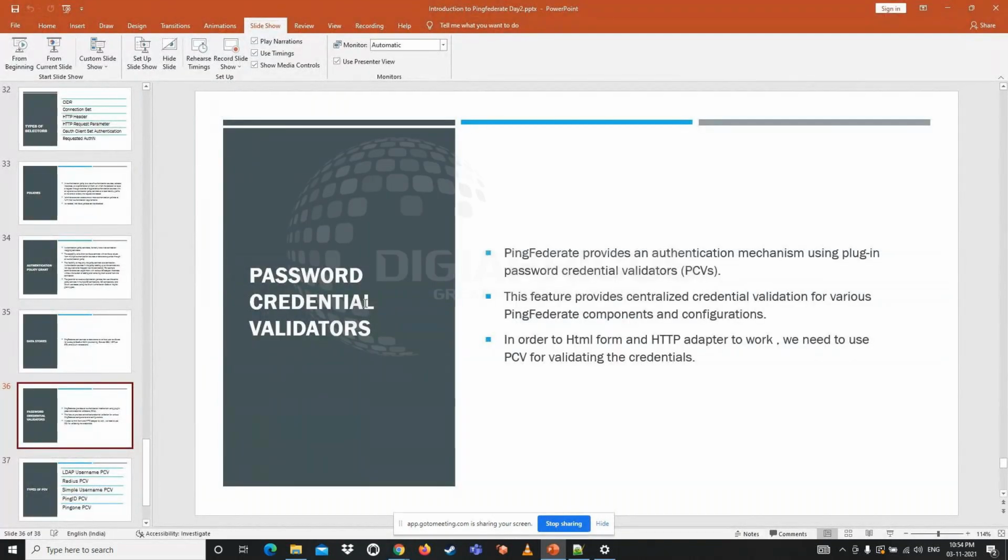Okay, yeah. So the next one is the password credential validators. Obviously, in the name itself, PCV, you might get to know what it is: password credential validator. So the password credential validator is nothing but,